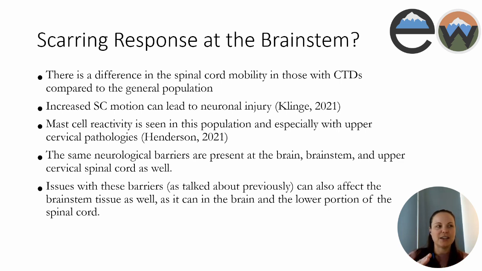So we have this increase in spinal cord motion. It's not moving the same as what we would see in stereotypic motion of the spinal cord. And also, it doesn't like to be tugged on or pulled or stretched, but we have increased motion. That can lead to nervous system tissue damage over time,